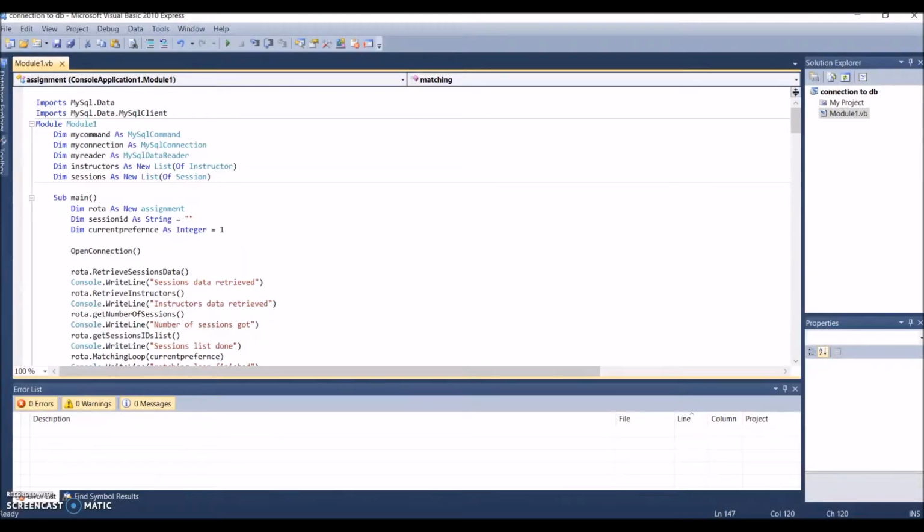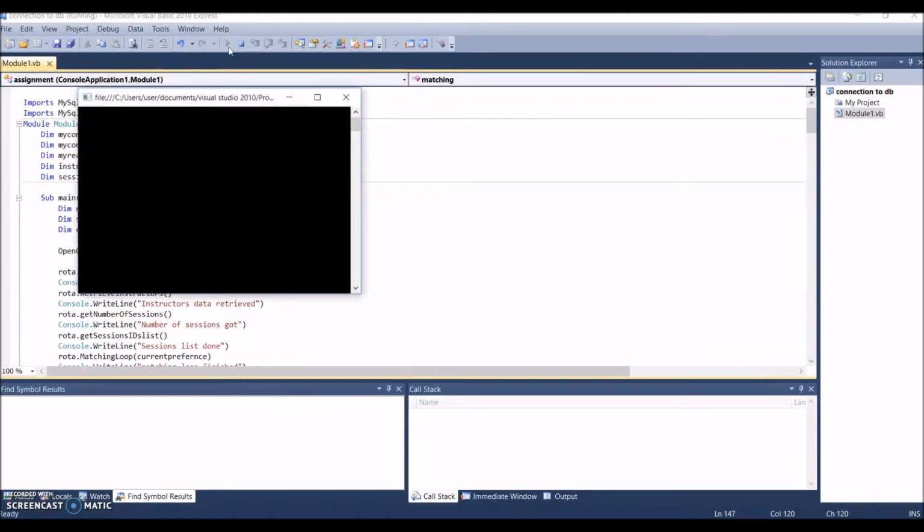Okay, so now I'm going to show you how the actual program runs. So my project is in 2 halves. The interface, where all inputs go in and out of, and then the actual processing of the data, which is done here in VB. So I'm going to show you how my program takes all the data and all the availability put into the database via the HTML forms into an actual full rotor. So that happens here. It's a full VB object-oriented code. It's not an executable file yet, but